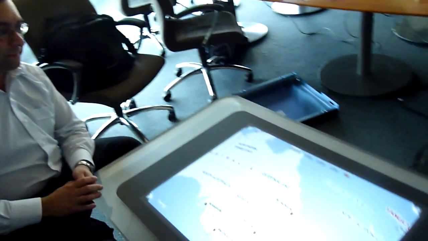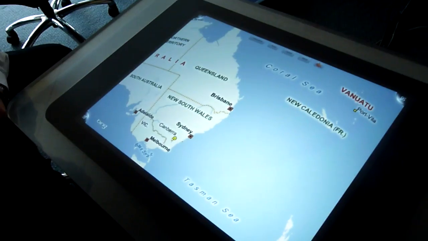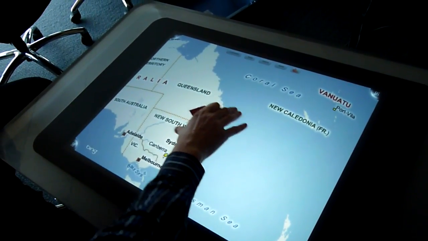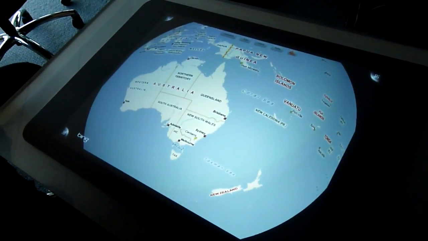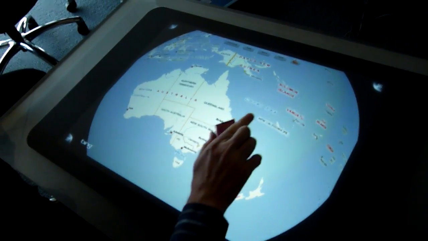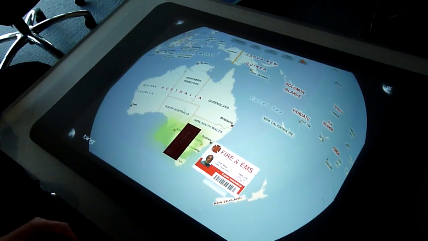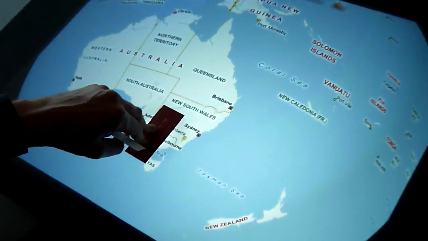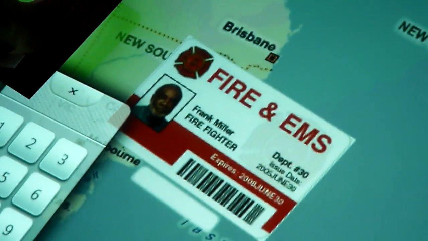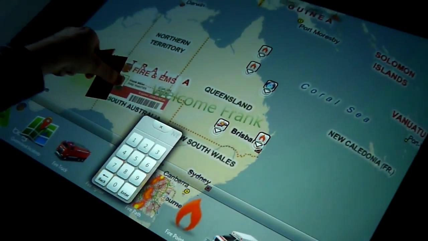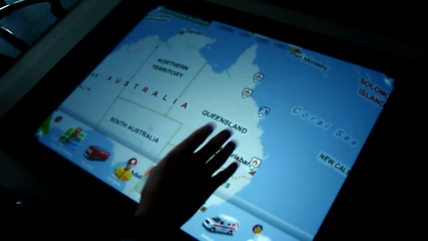We'll enter into the application. So this is using the Bing Maps 3D control, that allows you obviously to use the map. Now you log in, usually with a card. If you see, we've got Frank Miller here, whoever Frank Miller is. Now you would type in your password and log in, and you get this interface which